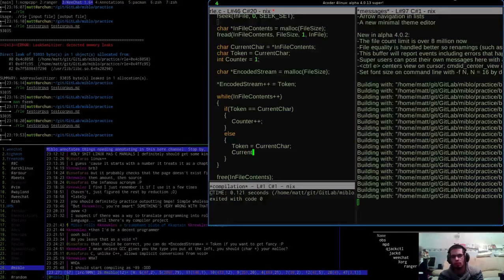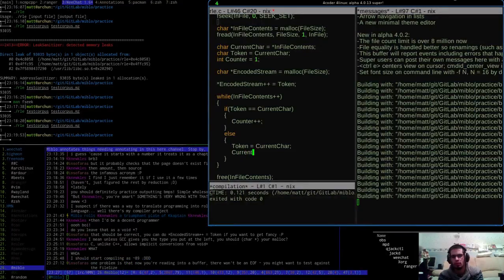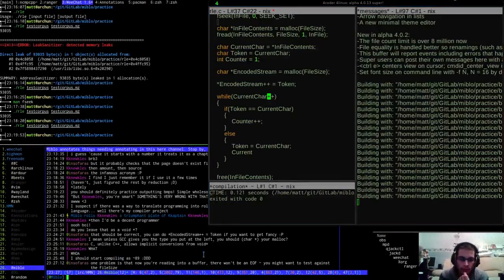Yeah, this feels pretty... Oh, hang on a second. Infile contents. What is current char here? It's actually while I actually want to be incremented to the current char, don't I? One problem is that now you're reading a buffer that will be in the file. You want to test against the file size. Okay, right.